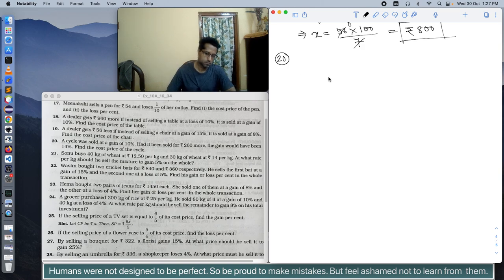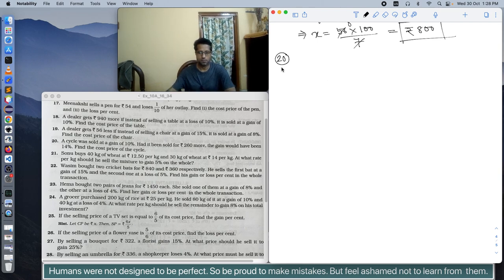Okay, so it is asking about the cost price of the cycle. The fundamental concept is that whatever quantity it is asking, you assume that to be the unknown variable, and then you apply all the concepts of profit and loss and also the given information to solve the unknown. So this is the basic strategy of steps of solving this kind of